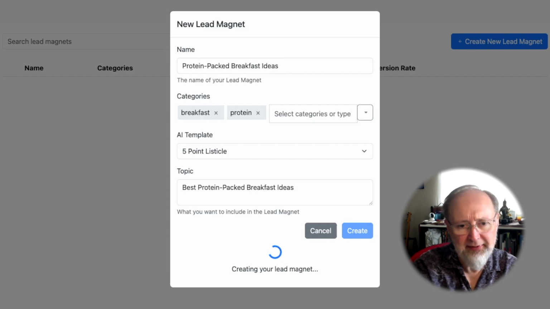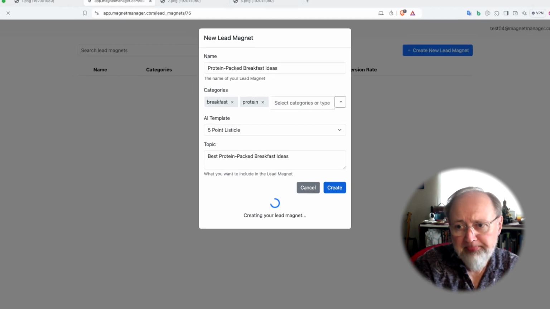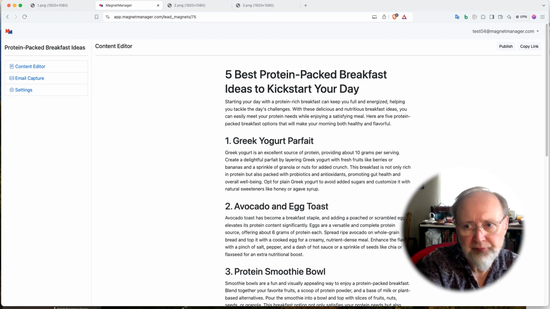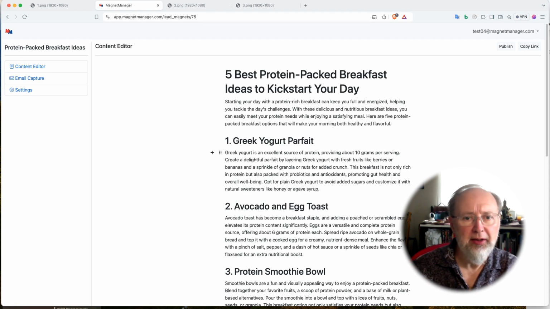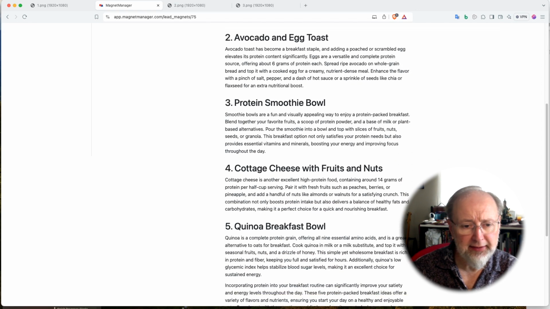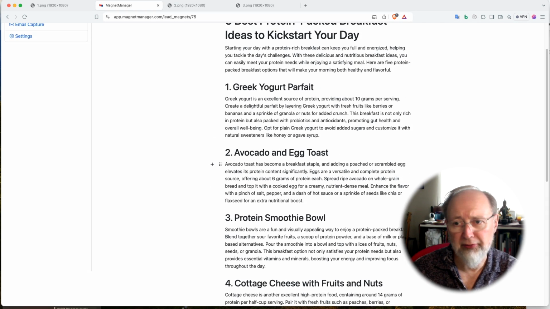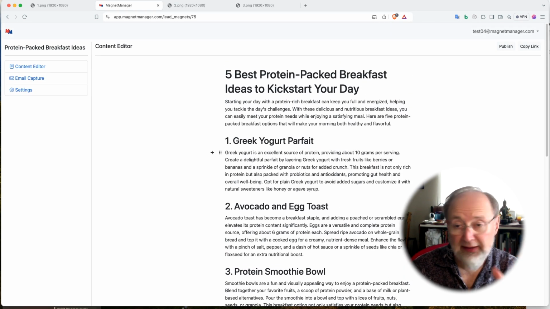Just enough time for me to have a drink of the tea. And there it is. There is our 5 best protein-packed breakfast ideas to kickstart your day. Nicely written. If you want to slow the video down and read this, I urge you to go right ahead and do it. So the lead magnet is created, and what we're going to do is publish this and get